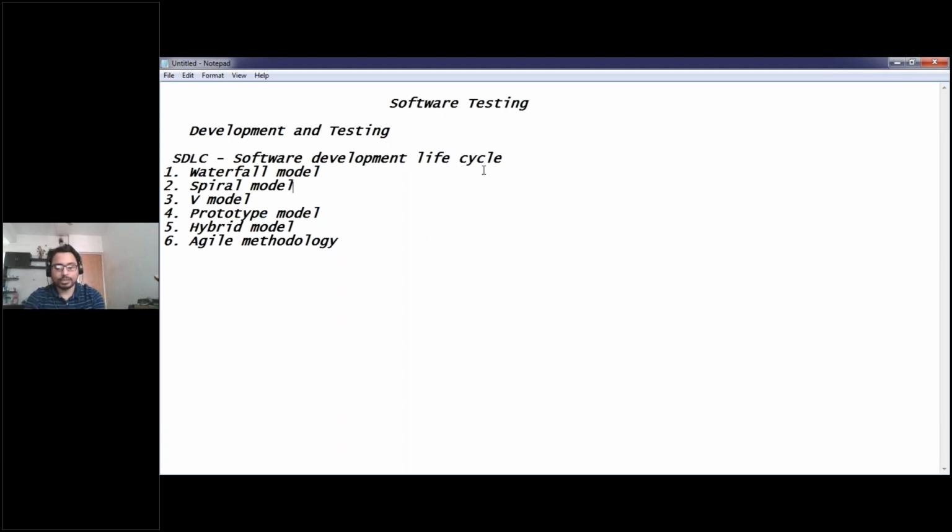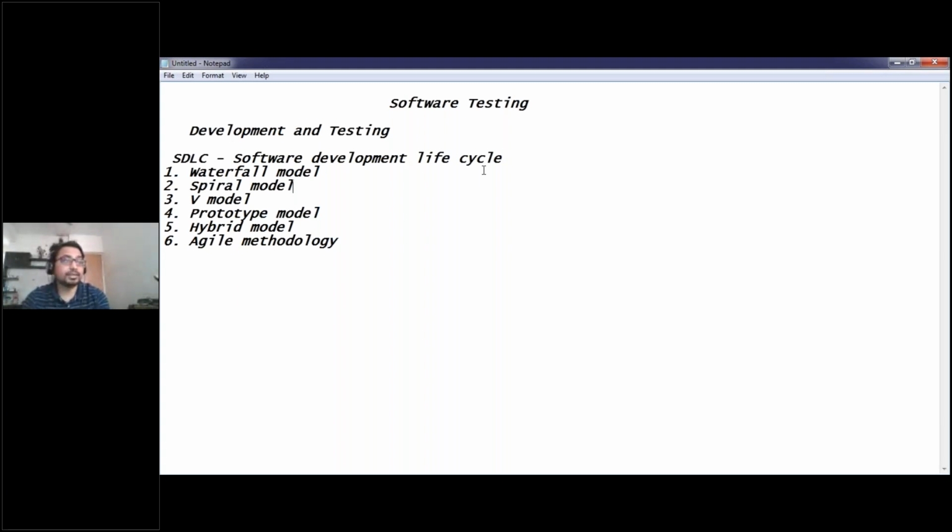That's why in the main software testing course, we will start with manual testing first of all. If you do not start with manual testing, you will not get into automation testing, because manual testing is one of the basic things required to get inside an IT company. In manual testing, we will start with the SDLC, the software development lifecycle, and cover one by one: the waterfall model, then spiral, then V, then prototype, hybrid, and agile.